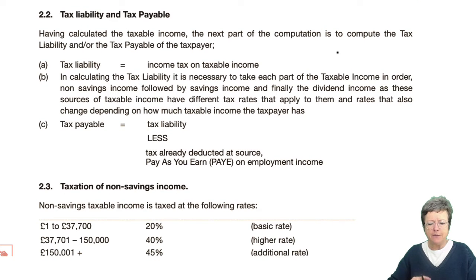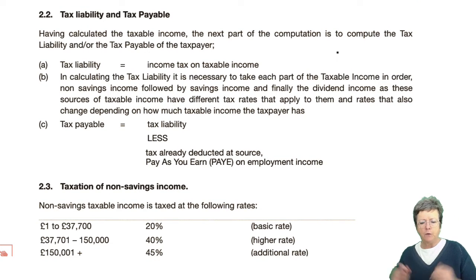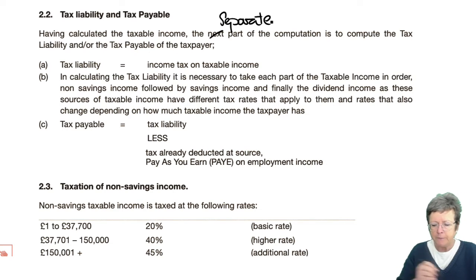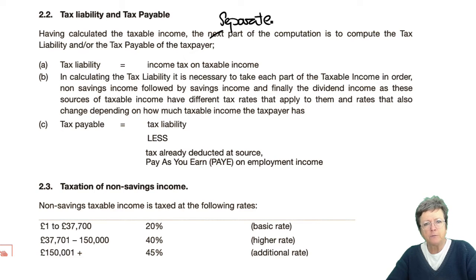We've calculated the taxable income. We've added all the income, that whole pro forma. We've done all that. The second part, and I said do a separate part, I'm going to write in there, separate part, is to work out the tax. So the tax liability is the income tax which is due on the taxable income that you've just calculated in